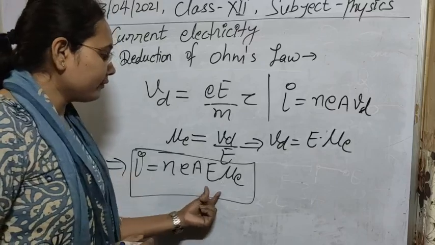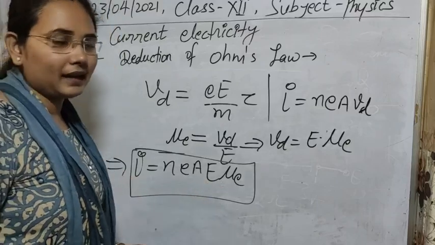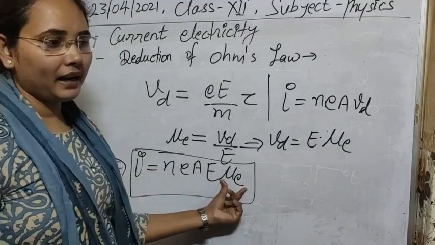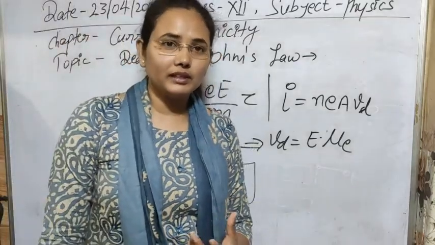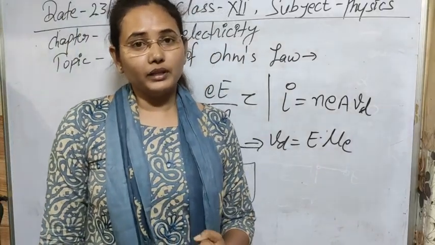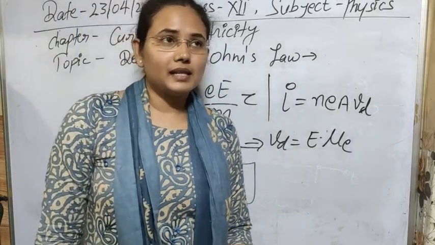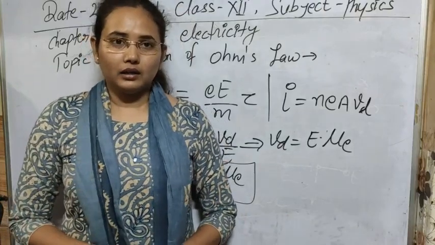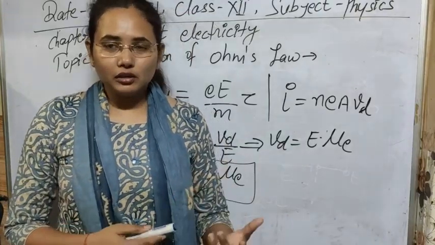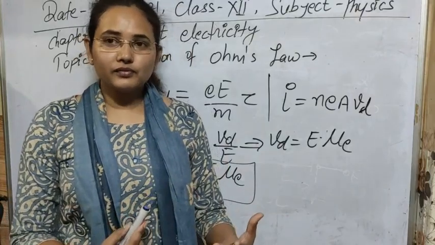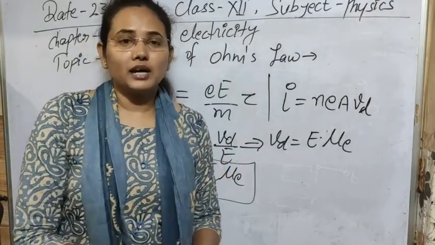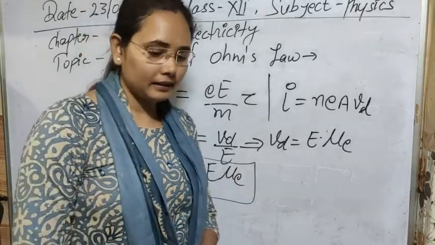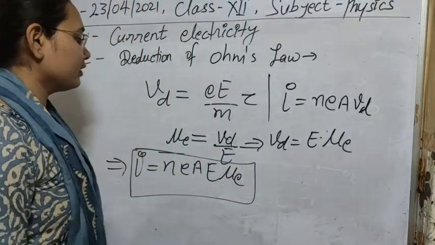So if we apply a constant electric field, then the current is directly proportional to mobility, meaning the greater the mobility of a charge carrier, the greater the current flow in the conductor. It is a very simple thing: mobility represents how fast the motion of any charge is. If the movement of charge is fast, then the rate of flow of charge is higher, so obviously current will increase. Clear, I think. This is the second relationship for the current.